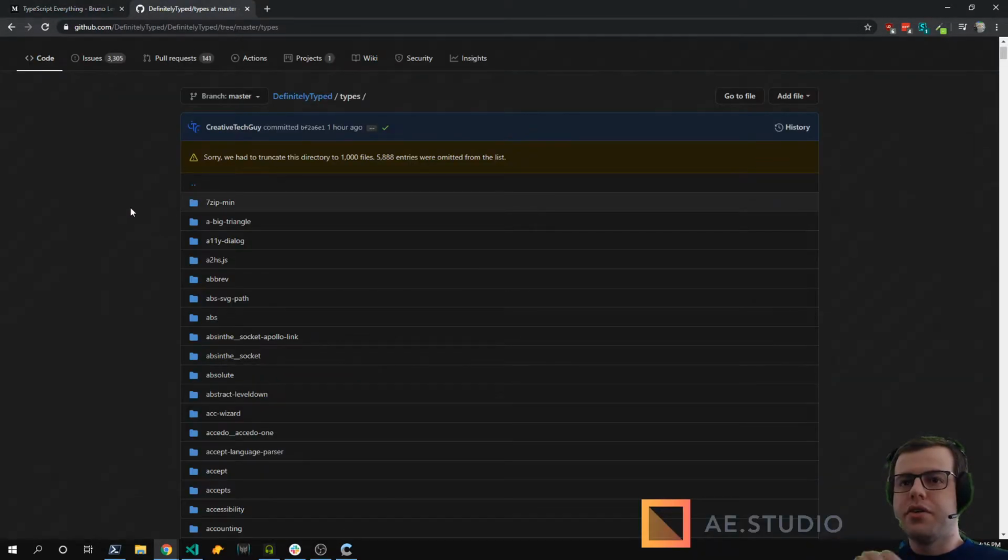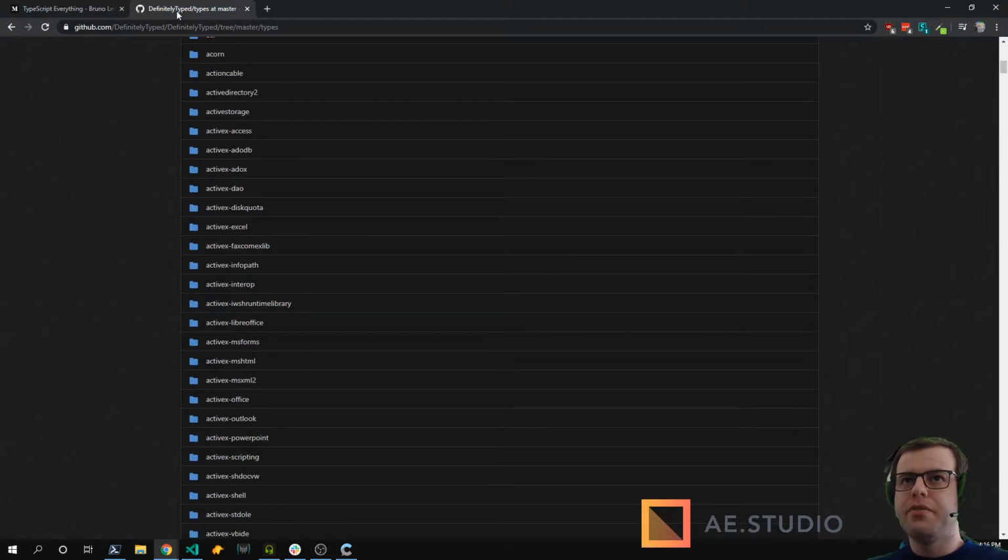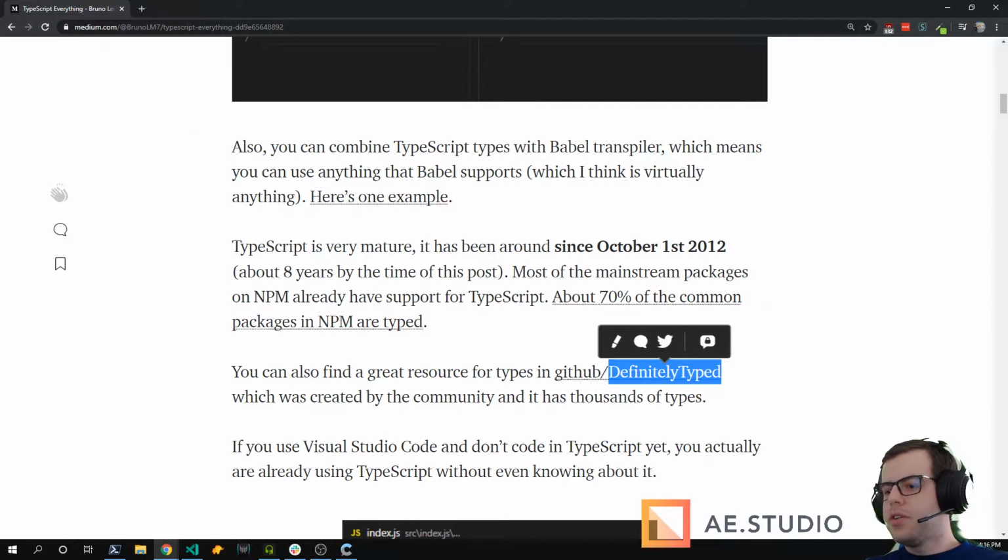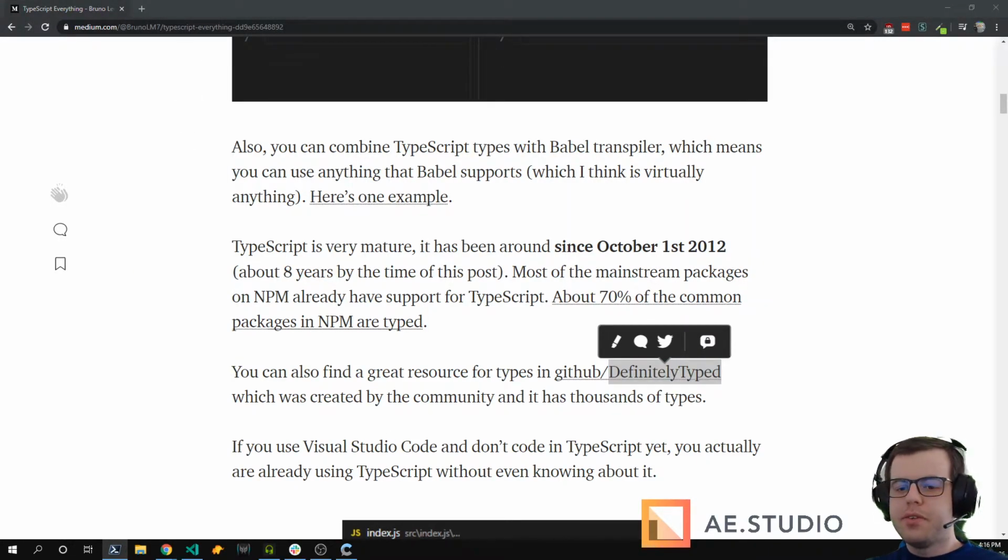So you can find types for anything. Let's see, how do you get those types? There are two ways. If the types are bundled in a package like Chalk, you can just install the package and you already get the types automatically.